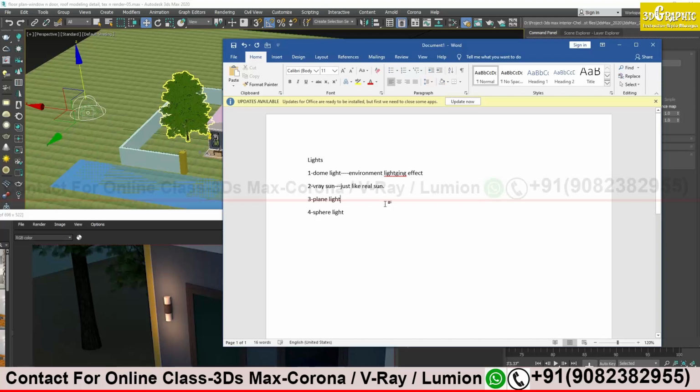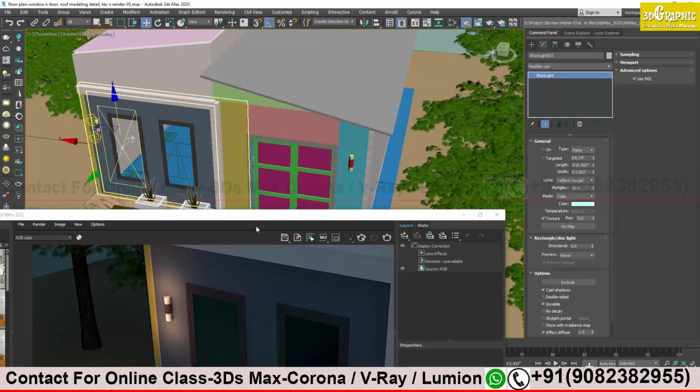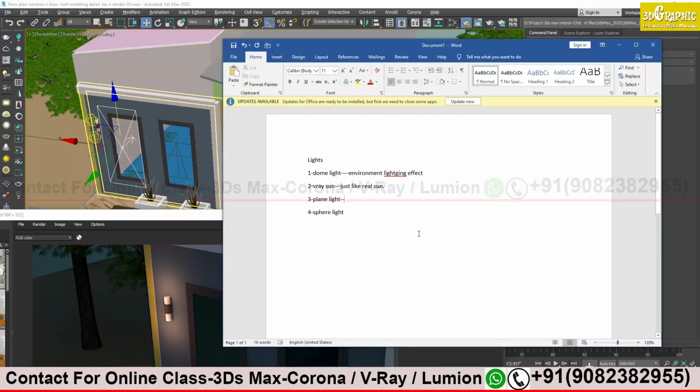Okay, let's move further. Plane light. We can change the height and width, change the size, and place the plane light near a window or door.